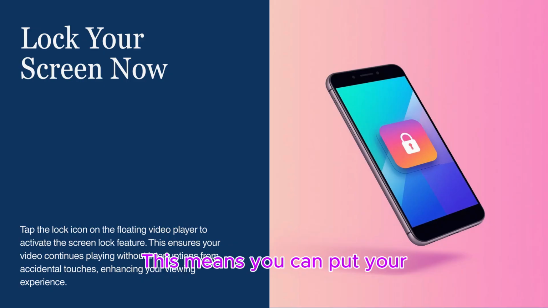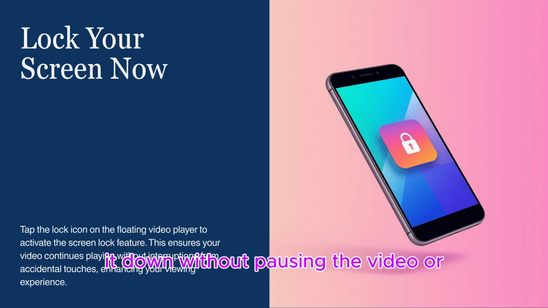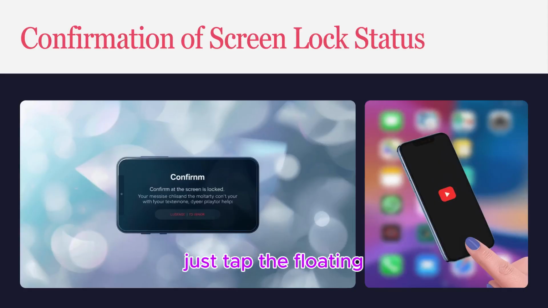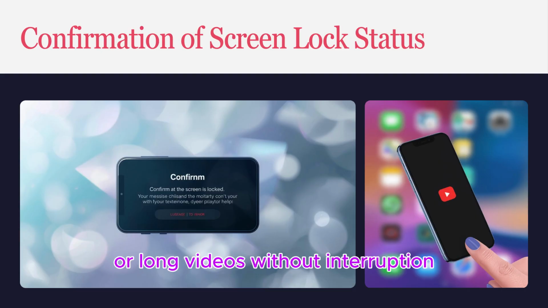This means you can put your phone in your pocket or set it down without pausing the video or skipping ahead accidentally. To unlock the screen, just tap the floating player again and tap the unlocked icon. This is a perfect feature for listening to music, podcasts, or long videos without